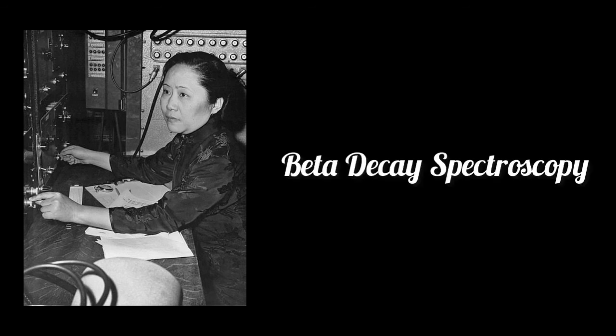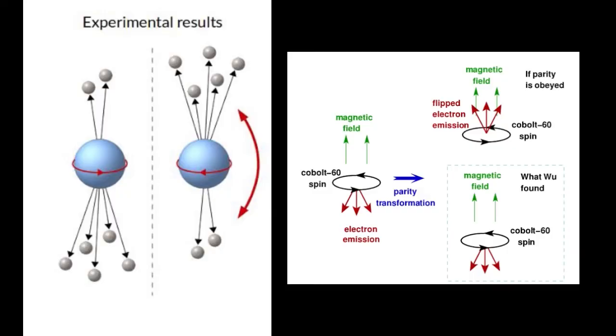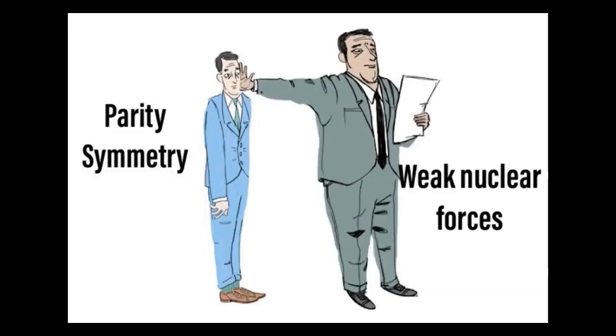When the experiment was done, Wu measured the direction of the decayed electron relative to the direction of the nuclear spin of the cobalt using something called beta decay spectroscopy. In the end, she discovered that the direction of the emission of electrons completely depended upon the nuclear spin. The emission was in opposite directions for clockwise and anti-clockwise spinning nuclei, thus violating the parity conservation and the idea